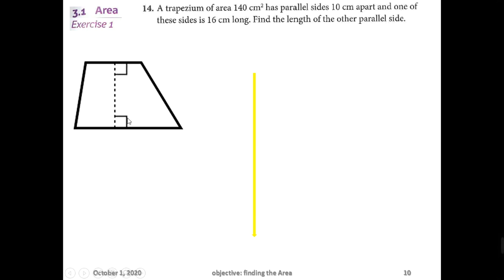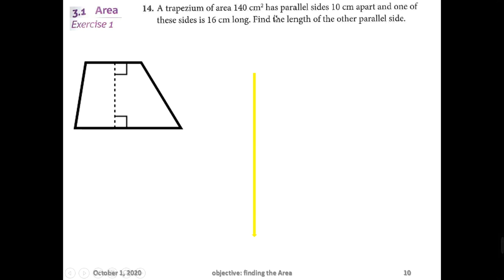Because this little box is telling us that the angle between this horizontal side and this vertical side is actually 90 degrees, as well as the angle between this horizontal side and this vertical side is actually 90 degrees. So this is a proof that these two horizontal sides are parallel, and this dotted line is the vertical distance between them. So a trapezium of an area, so the area is given to us, 140 centimeters squared,